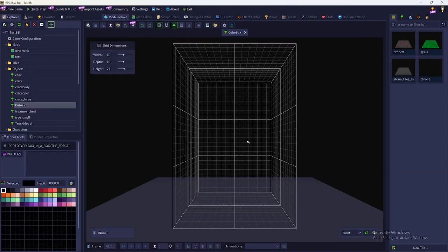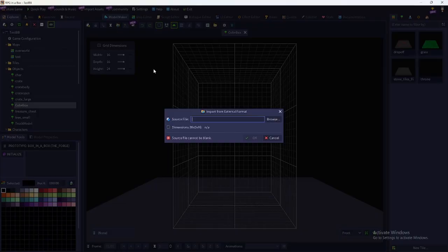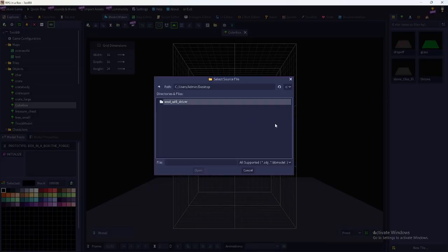What you'll then get is this empty model, because we've created a mesh-based model, but we haven't told the editor yet what the model is. So once you're in this position, you're going to click this button here on the toolbar, Import from External Format. If you click that, that will bring up this dialog, where you're going to choose a source file. So you're going to click Browse, and we're going to find that BB model that we exported